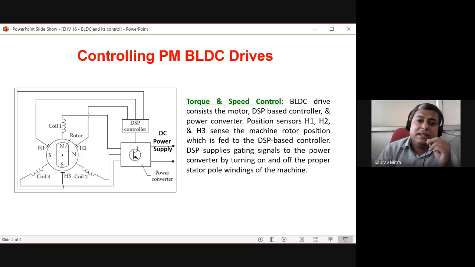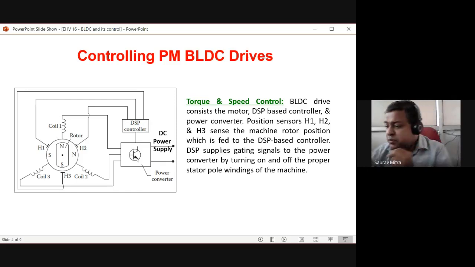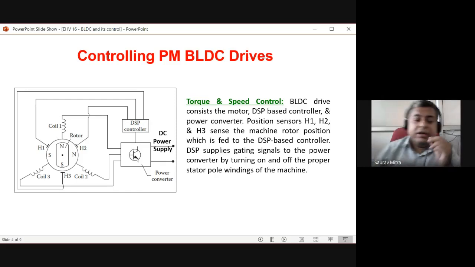You all have done the DSP processor kind of a thing. So you have all done the car control. We know that the car is given the instruction through the pedal. So we are pressing the pedal and we are asking for a torque. More torque, we want the vehicle to run with a higher speed. That means we are asking for more torque. So that is the instruction input, or the command input, or the set point. That set point is coming to the DSP motor. Okay, that is the external input.